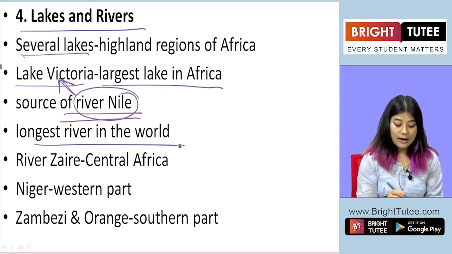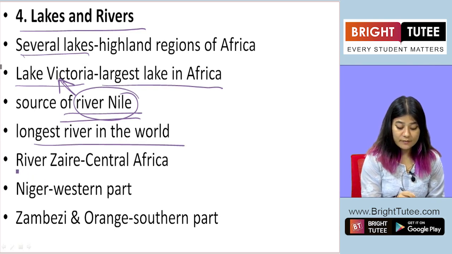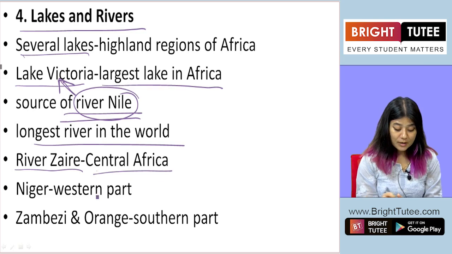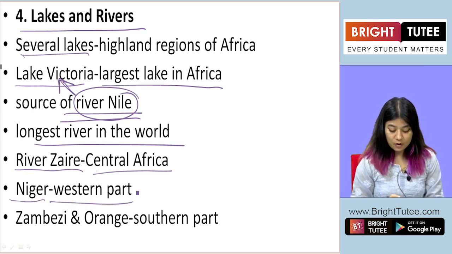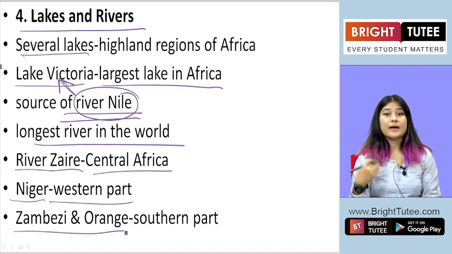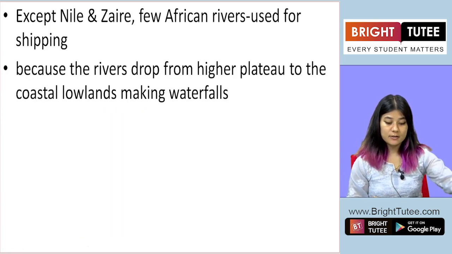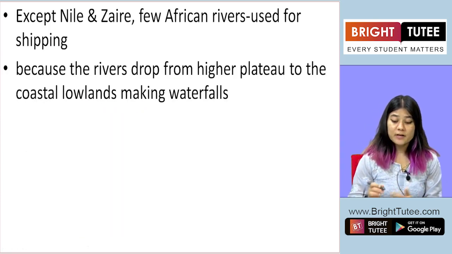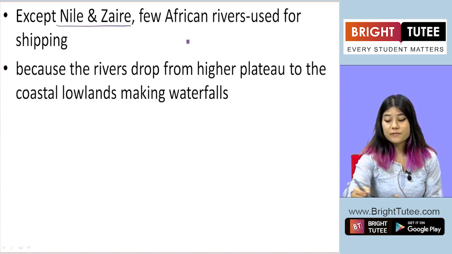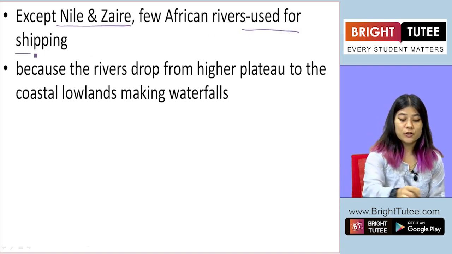Other rivers in the African continent are River Zaire, which is in Central Africa, River Niger, which is in the western part of the continent, and then Zambezi and Orange are important rivers of the southern part of the continent. Now, except rivers such as Nile and Zaire, few rivers in the continent of Africa are used for shipping, for navigation,